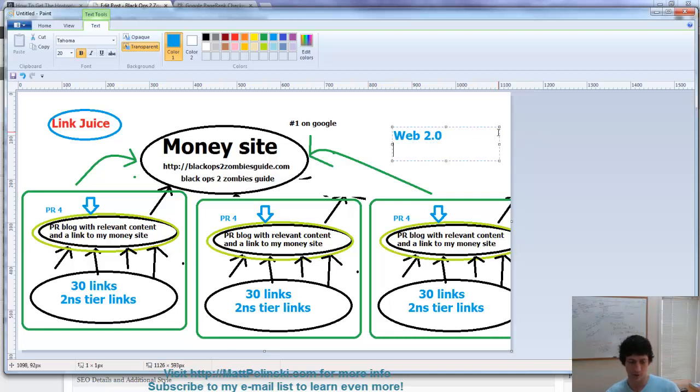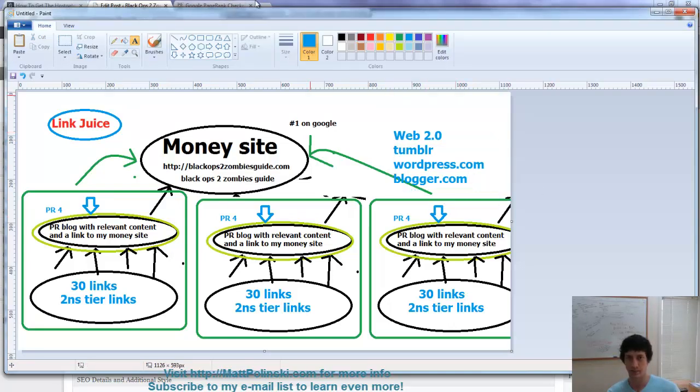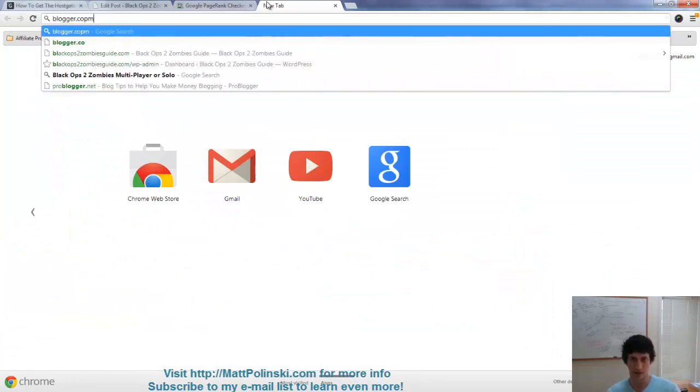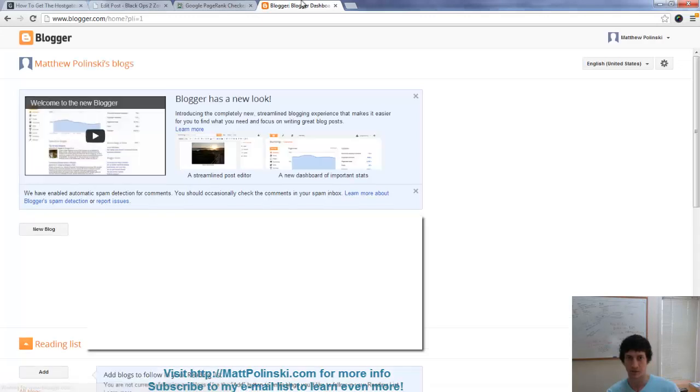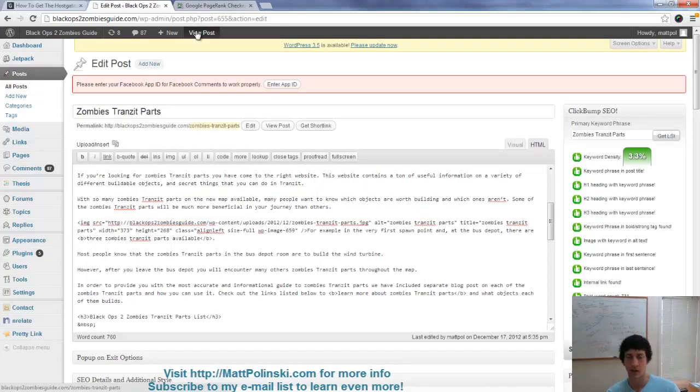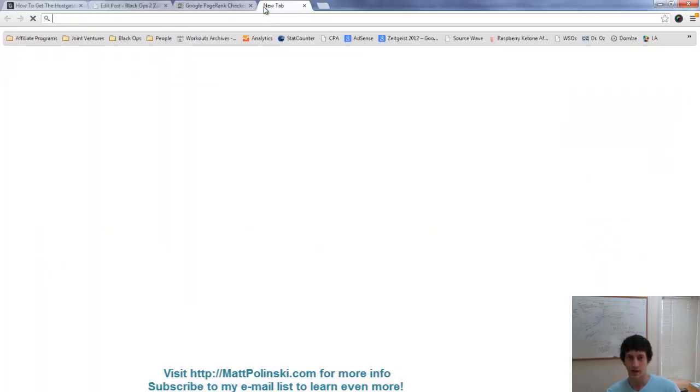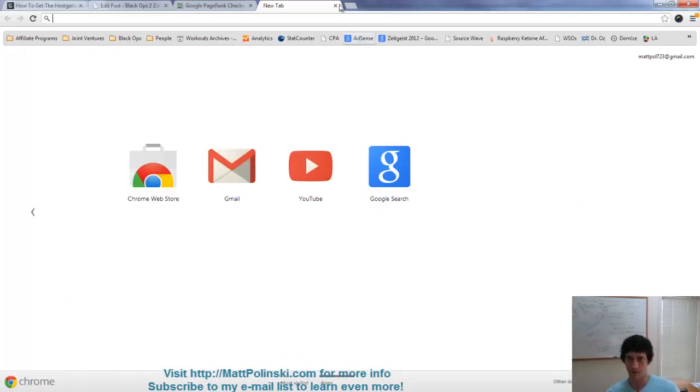And what a Web 2.0 property is, basically, is like Tumblr or WordPress.com, I think it is. I don't remember. Or Blogger.com. So what you can do is basically go over to Blogger.com or Tumblr or whatever, and create a property, and then